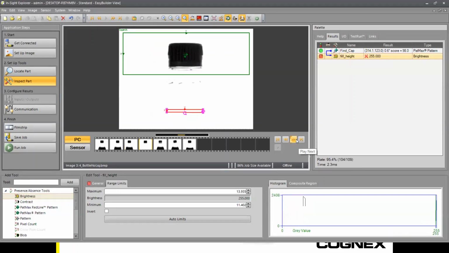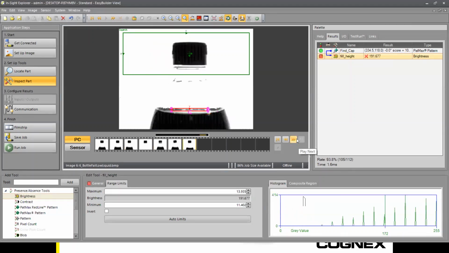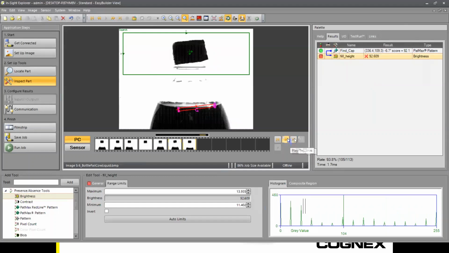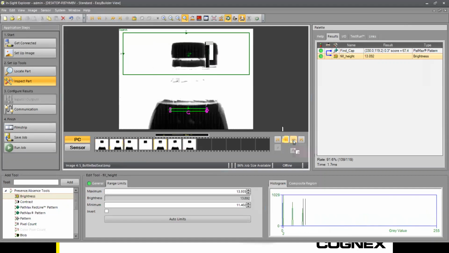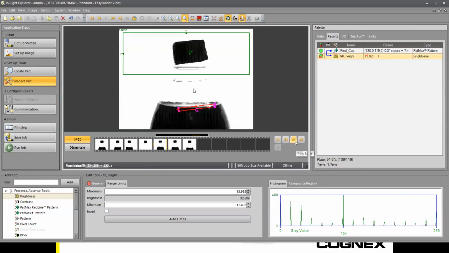So, like any application, scroll through, check, test, make sure it's doing what it should be doing. Notice that on the one that's failing, well, we're not checking for that. That's another tool we could place on there, another brightness or a contrast tool. There again, you can see here, because the cap is cocked, which is something else that we want to look for,